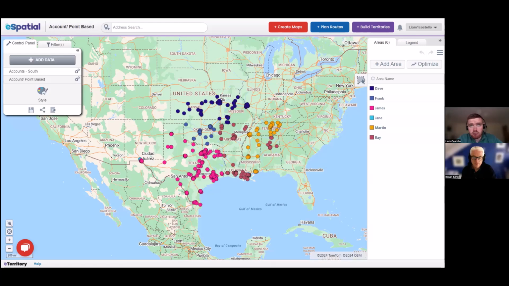So you're basically ignoring geography here, Liam, in a way. To give you a good example of why some customers will prefer this: if you have a high volume of customers or reps operating in the same area on the ground, a point-based approach becomes a little bit better because it's more flexible to manage.